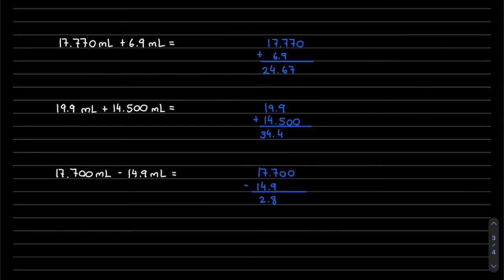17.770 milliliters plus 6.9 milliliters. So let's set it up yet again. What's sticking out this time? We have actually two values sticking out, right? So we have that 7 and 0. It's 3 decimal places to the right compared to our lesser precise one, which is only 1 decimal place to the right, as you can see here. So in this case, we would actually have to cancel out those two values,